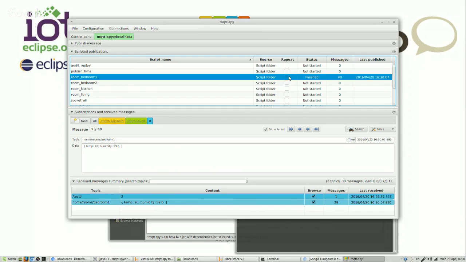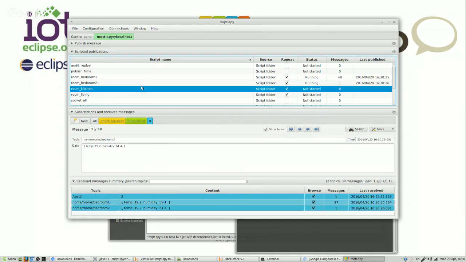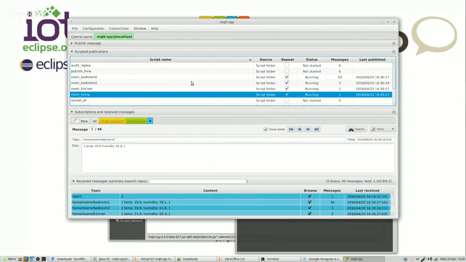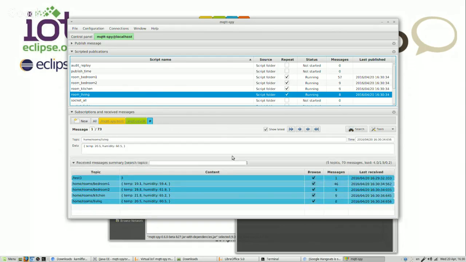We can make that script loop forever. So we've got this one, and let's make the other ones as well. If you've got some home automation software and you would like to simulate various sensors, that's one of the ways you can do it. So now we've got messages for various rooms or various sensors